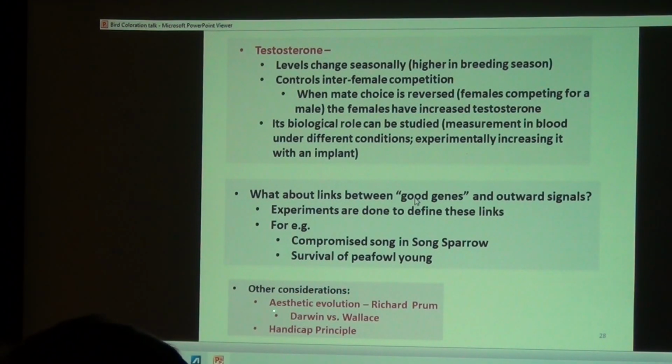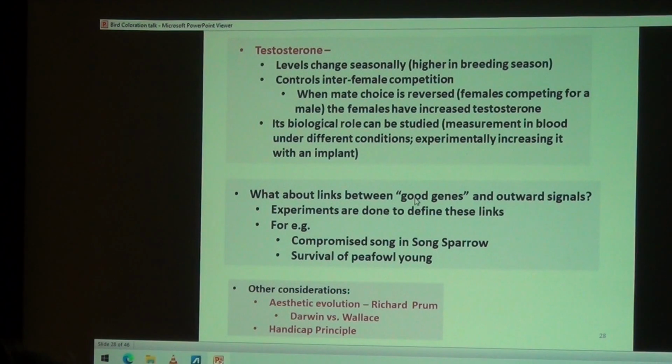As I said, Darwin initially said basically the choice was due to aesthetics. And there's one scientist today, Richard Prum, who embraces that theory. And there's a lot of issues. He's like a lone voice. And there are a lot of issues with this, one of which is the anthropomorphism. How can we know what the bird is finding aesthetically pleasing or not? Handicap principle is another thing that is useful to know in thinking about these kinds of issues.